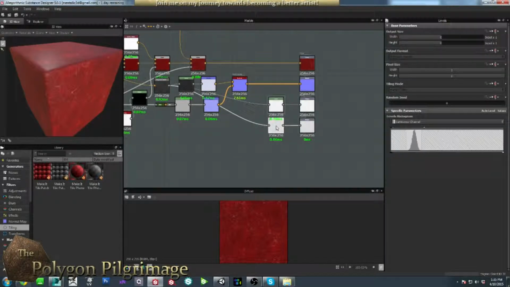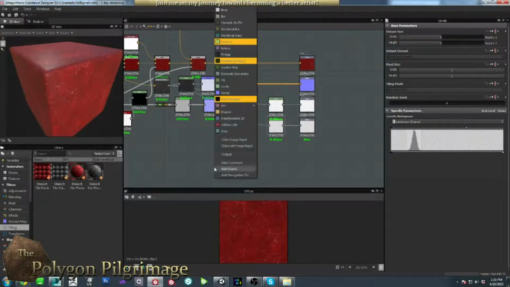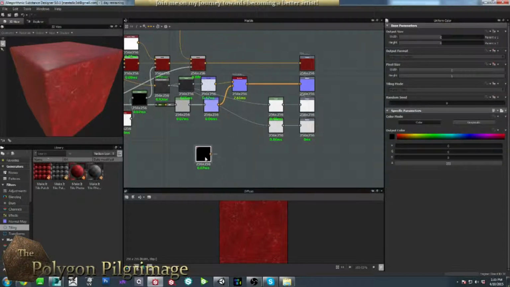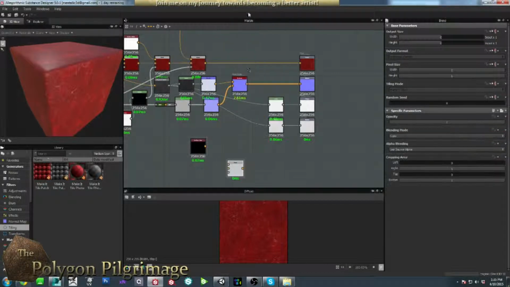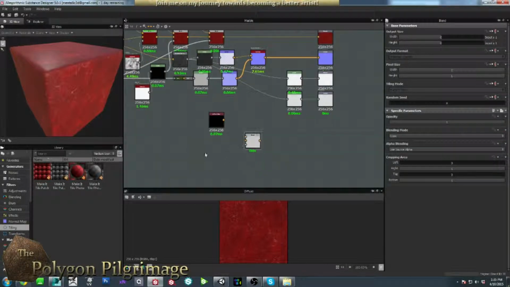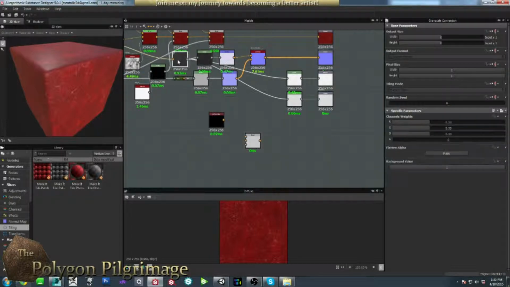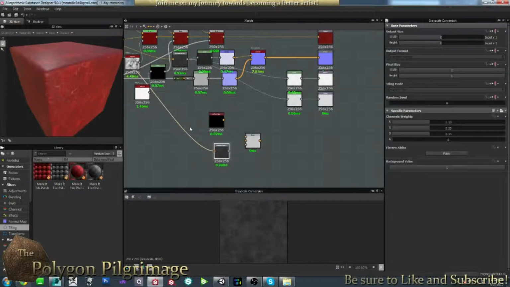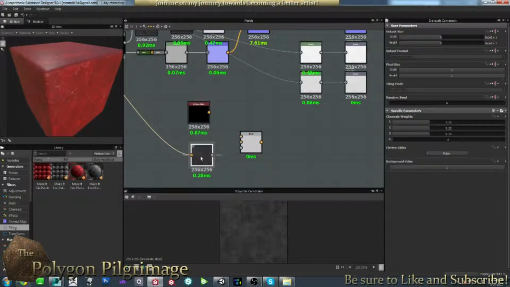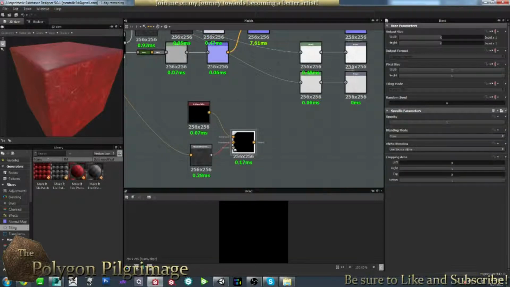Another thing you can do for these levels here at the end is instead, if you do a uniform color and a blend node, and you bring whatever your output is. So for instance, what I'm going to do here is just make a copy of this and bring him down. There it is. Okay, so this is just a copy, so don't worry about the lines there. And what you can do here is plug him into the background, plug your uniform color into the foreground. And if you look here,